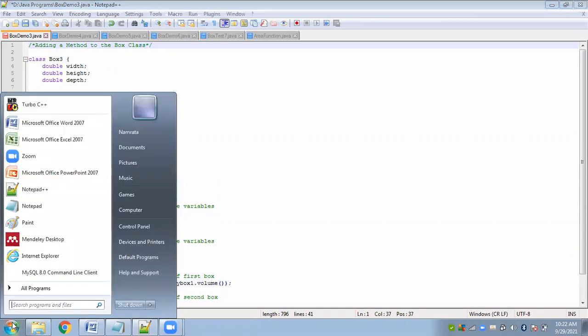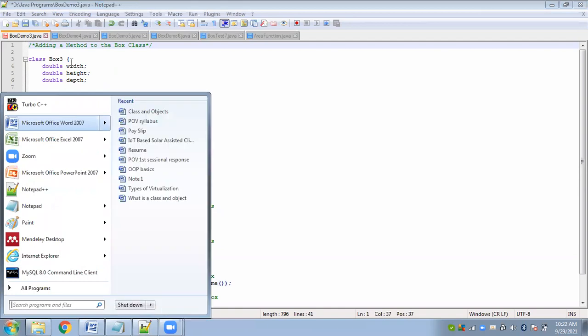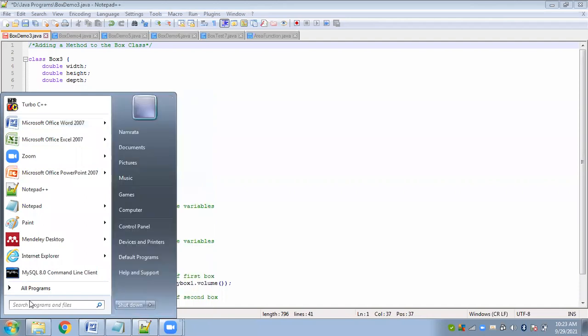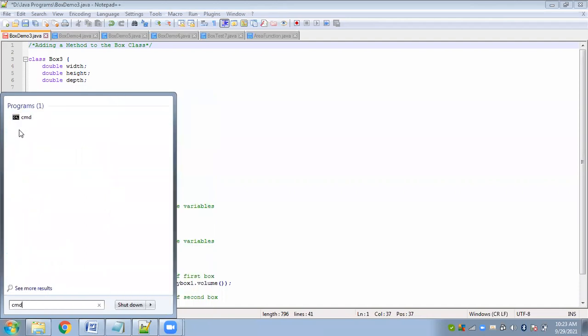Clear? It's very easy. Okay, here also we have seen the use of constructor. We have been using the default constructor. When you are creating an object of a class, you are creating it using the new operator followed by the default constructor till now, right? So I'll show you how we can